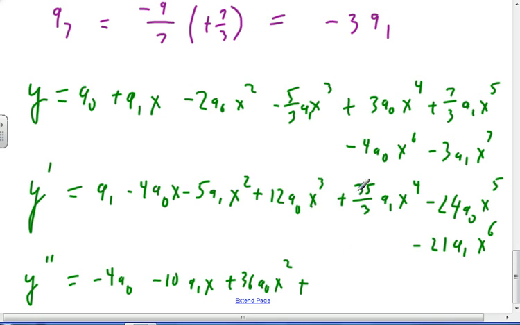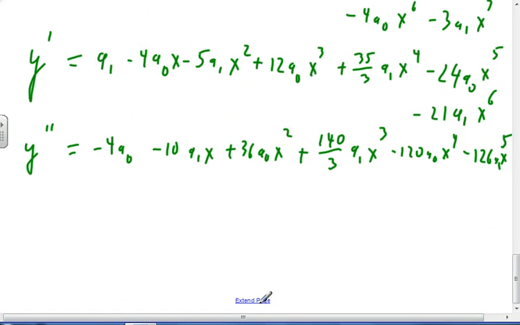plus 4 times that, 140 over 3 A1x cubed, 5 times 24 minus 120 A0x to the fourth minus 126 A1x to the fifth. I think we need two of those, don't we? So y double prime again, minus 4A0, 10A1x,